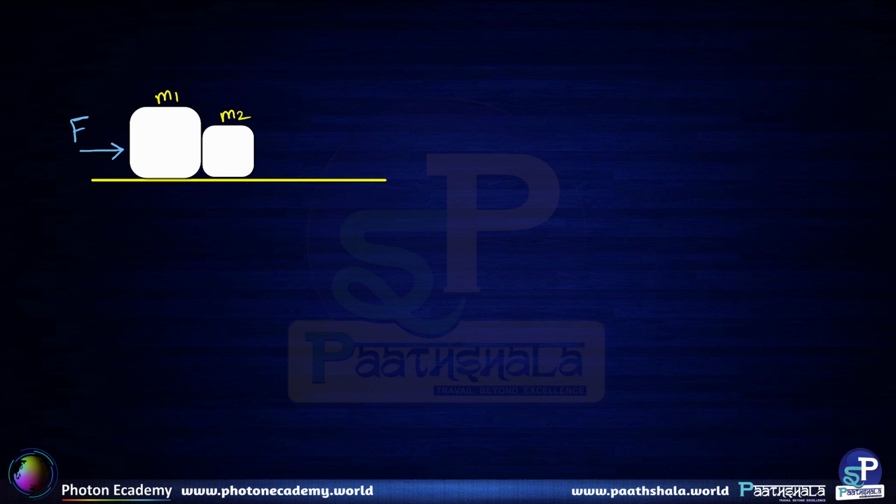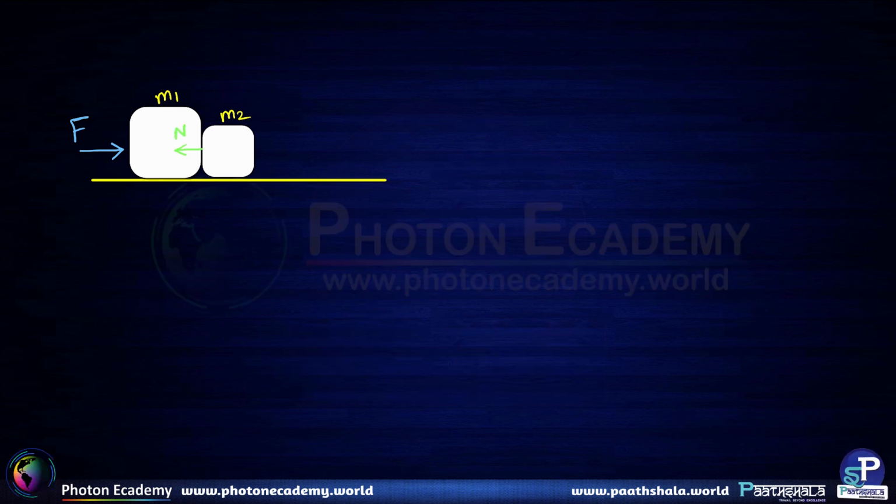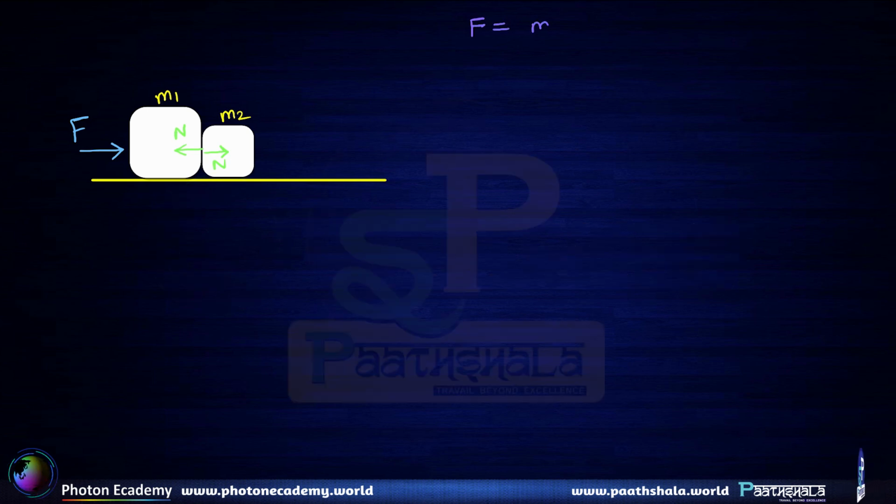So there is going to be a normal reaction force at this end. Let the normal reaction force be N. The normal reaction force, because of Newton's third law, will also act on the block of mass M2. So analyzing the two blocks separately, if we do a combined analysis, then we simply get F is going to be equal to (M1 plus M2) A,